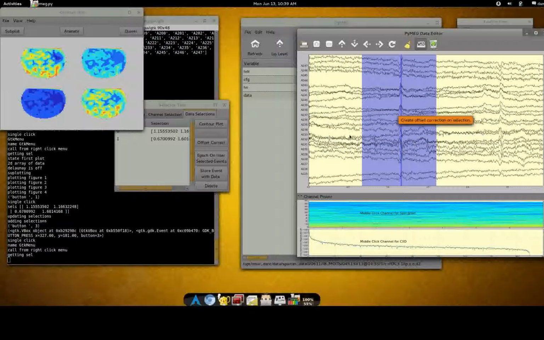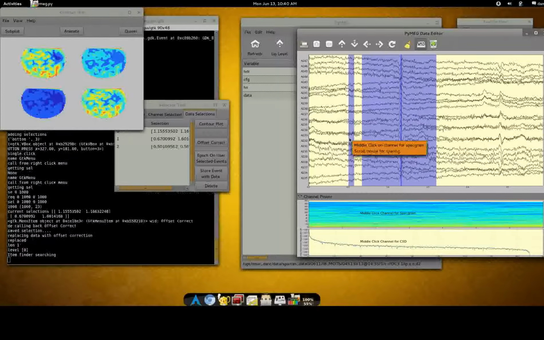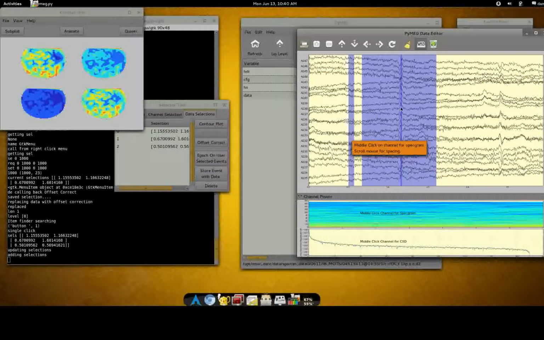Why is it taking so long? It's a pretty big file. Also, I'm doing a screencast, which is taking about half of my CPU power, so everything will be a little slower in the screencast than in real life. I know it's taking so long. Now it looks like it finally